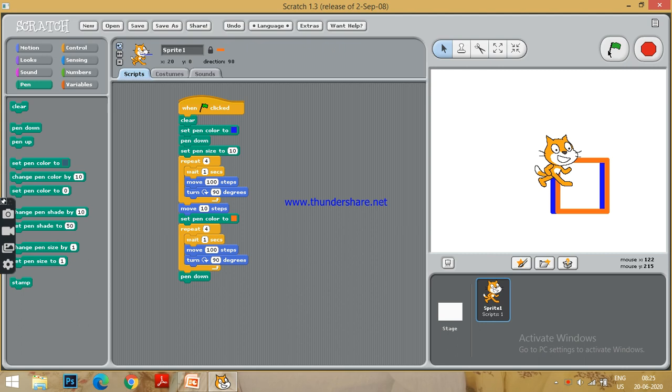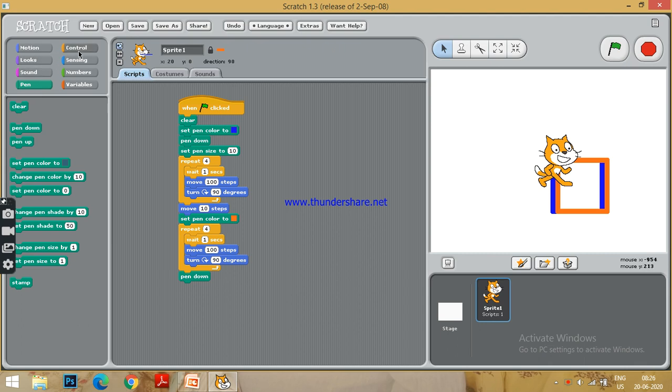Yes, now I don't want this cat to be visible on the screen after drawing. If you try to draw once again the same thing, once it has got pen down, you will see that nothing will be drawn on your screen.